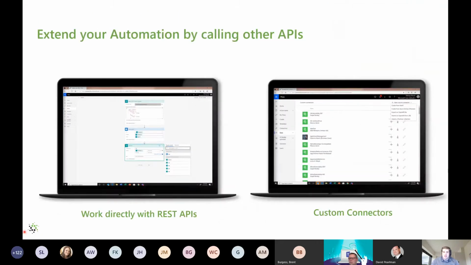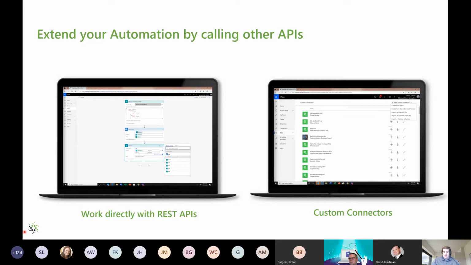And then finally, I mentioned not only do you have approvals and do you have AI Builder, but the really big thing when it comes to Power Automate, and I would say even specifically for the EDU space, is that there's an extensibility framework to expand upon what you can do out of the box in Power Automate. There aren't necessarily a lot of connectors out there that are already built for the education space, but you can build them.